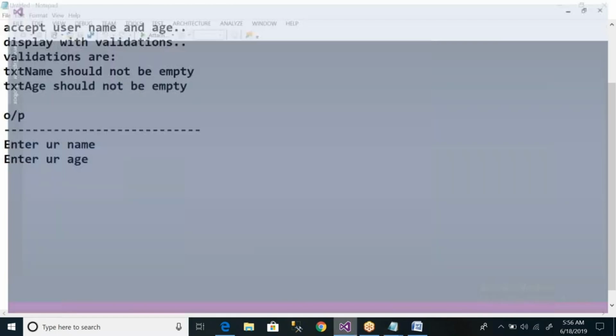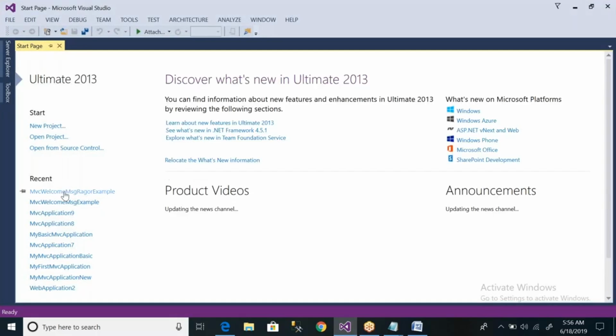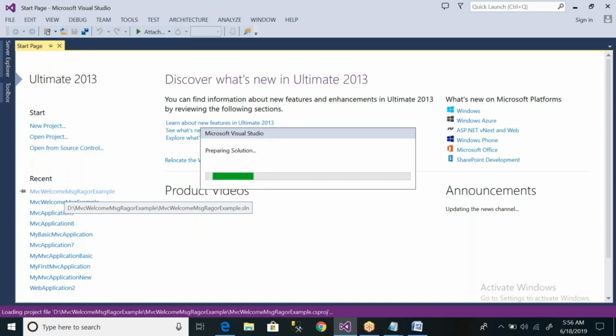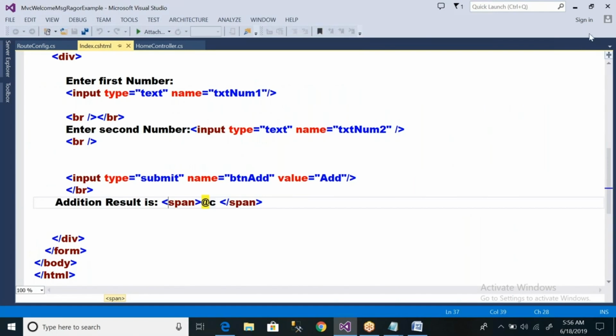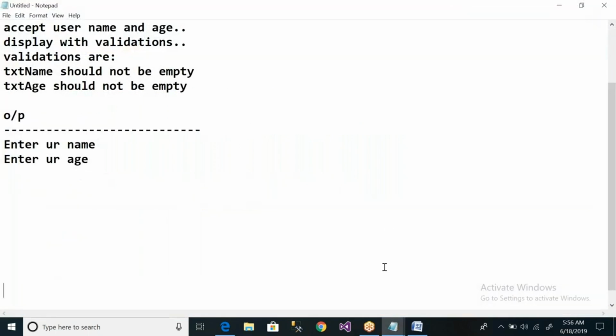Application, same application I'm opening, right? What is the MVC welcome message, razor example I'm opening, whatever I have already, the same application I'm opening. Already in that application, we have controller, we have everything. But today, new students are there. So this is not the right way to open the application. I think it's better to open the application from scratch because Syed is there. Okay. So let me